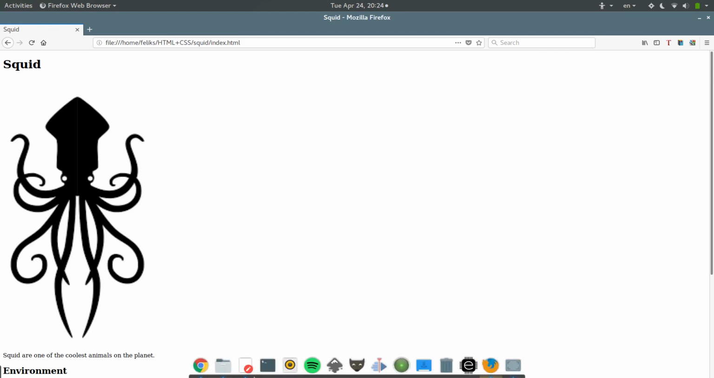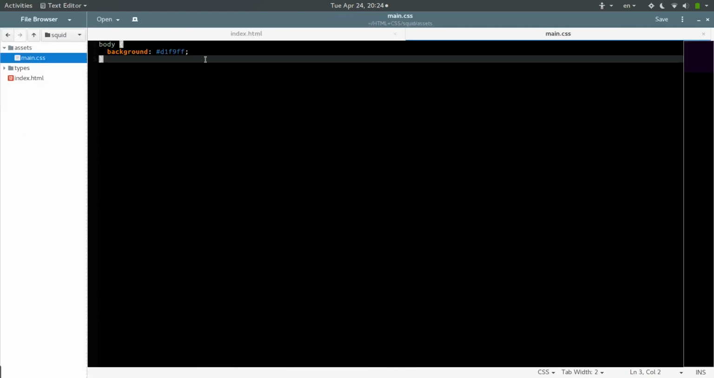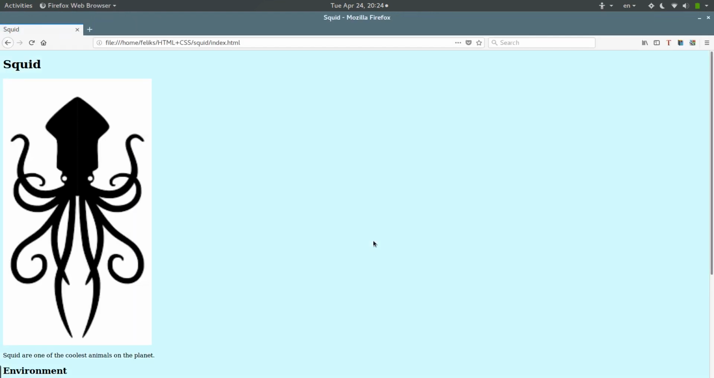But this is really nice for when you have an image, say this squid here, because squid are pretty cool, but it's got a non-transparent background and you end up with this white block around it and it looks really ugly. I want to make this transparent so that it flows into the site better. So what I can do